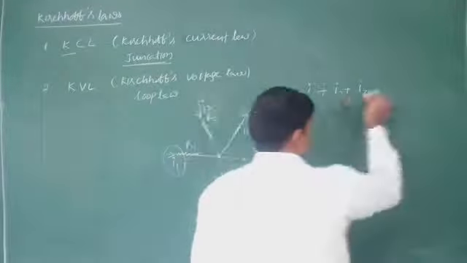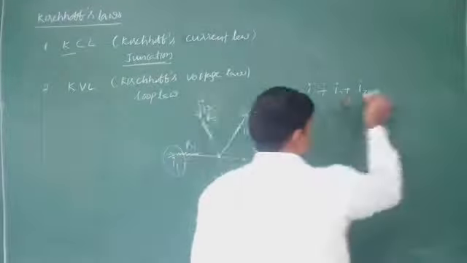So yes, observe. We are taking one loop. This consists of so many sources. I am taking this as one battery having EMF equal to V1 volts. The potential difference between the ends of these two terminals is V volts. Here there are many elements. This is the resistor R1, this is the resistor R2, and this is the third resistor R3.